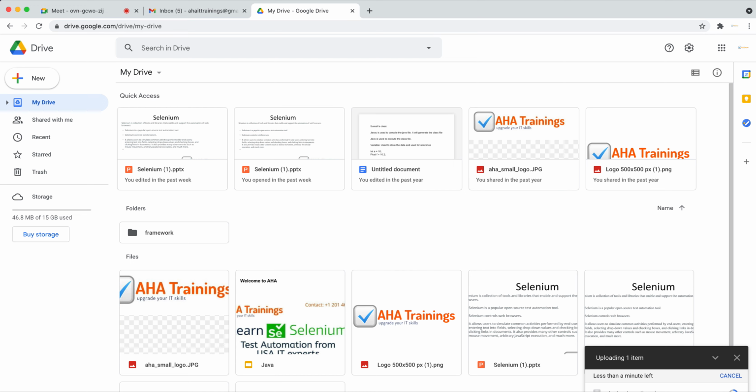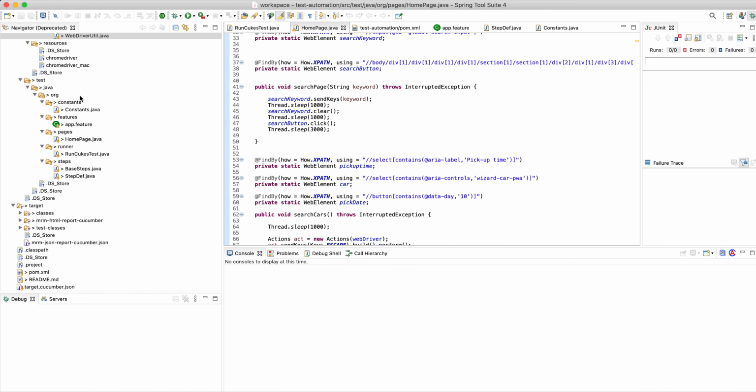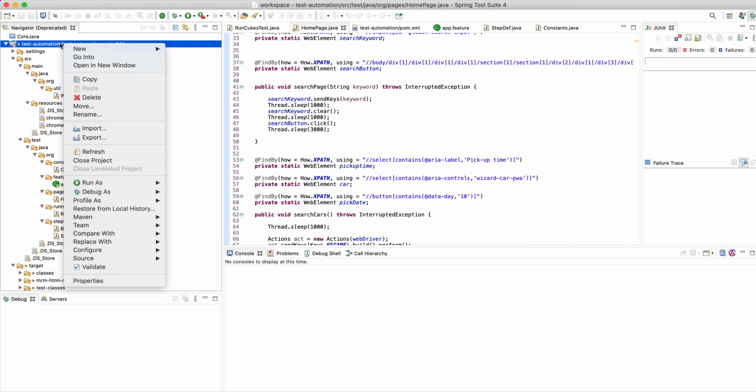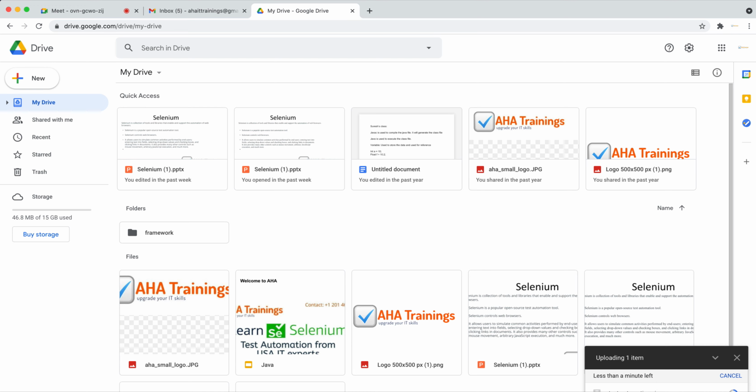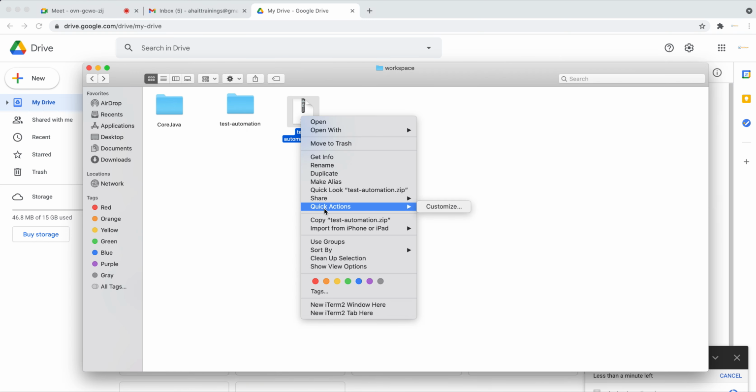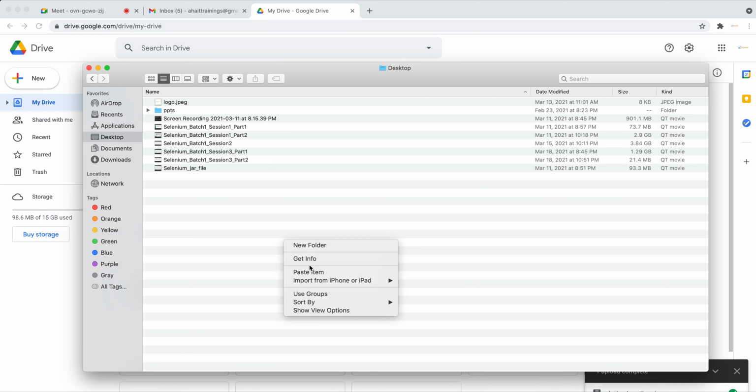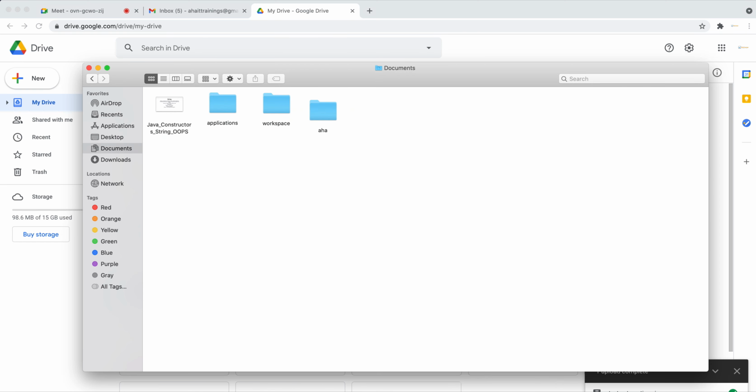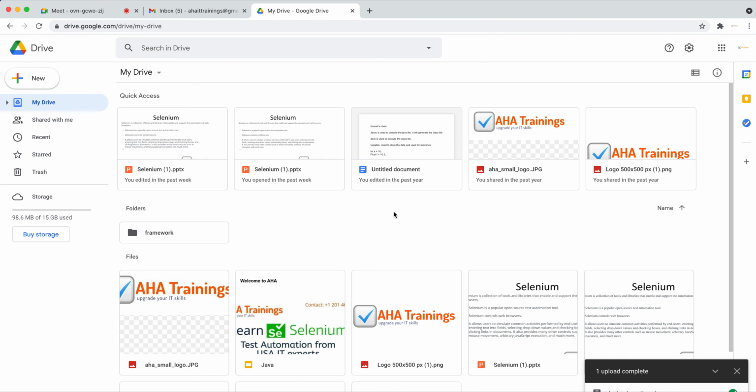This is taking time. Okay, now I'm removing my code from. Let me upload this. Okay, now zip file got uploaded.